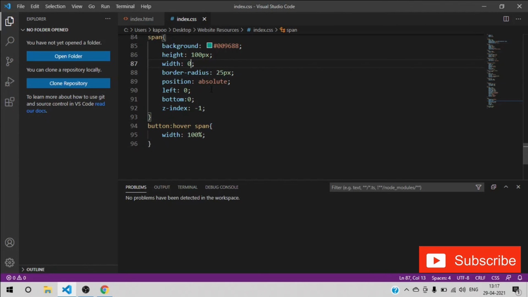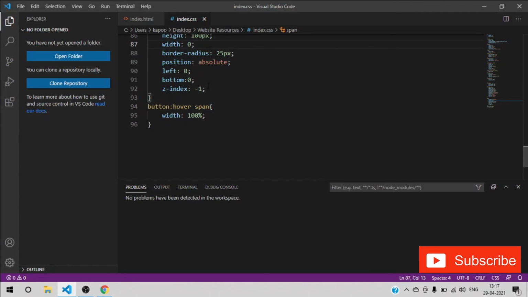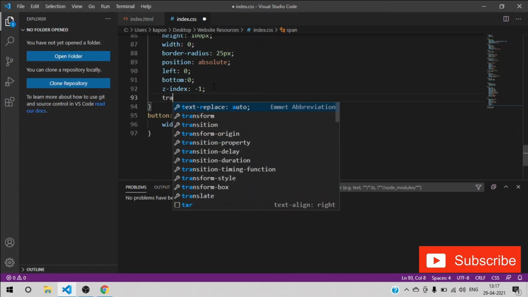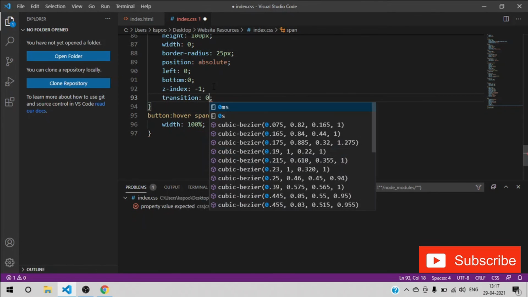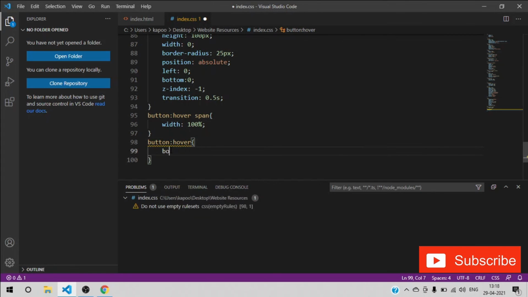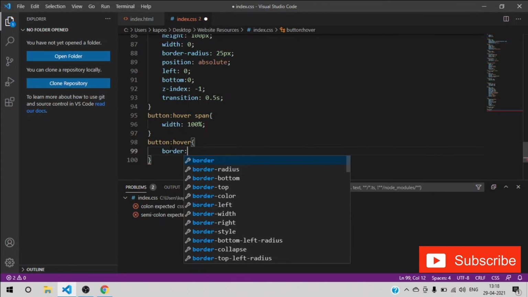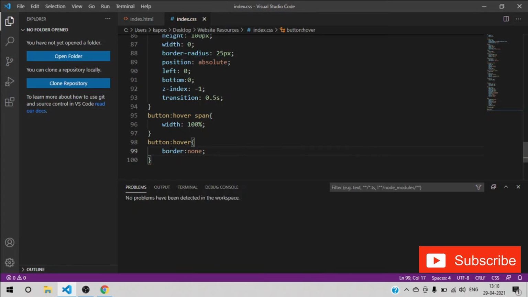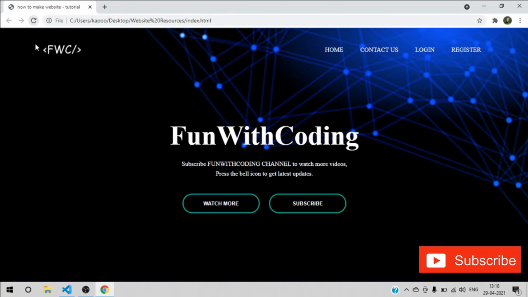So save it and give the transition effect as 0.5 seconds. Okay, and then copy this and give it as border is none. Okay, just save it, refresh, and you can have your hover effect over the button.